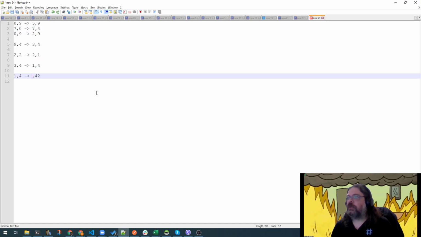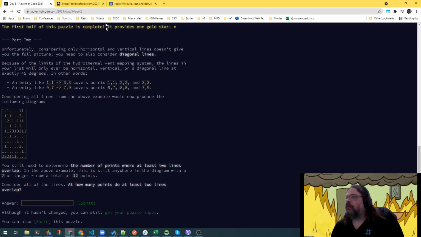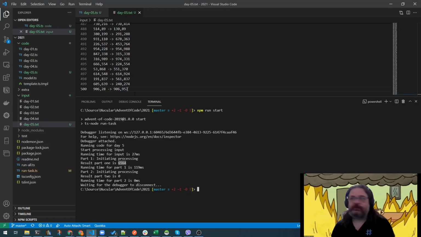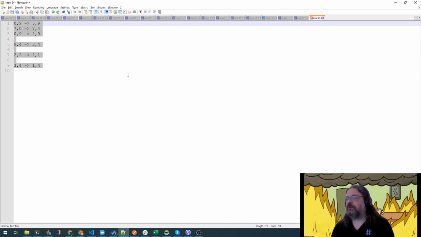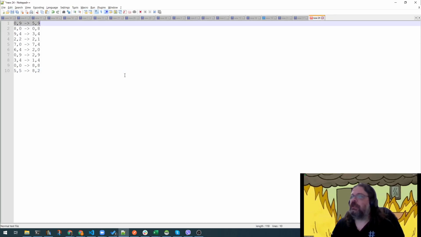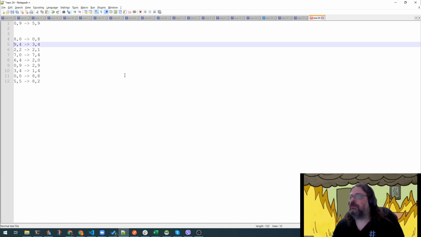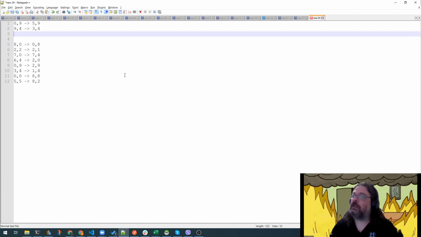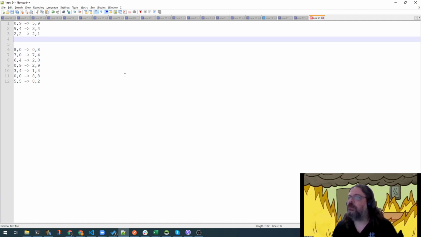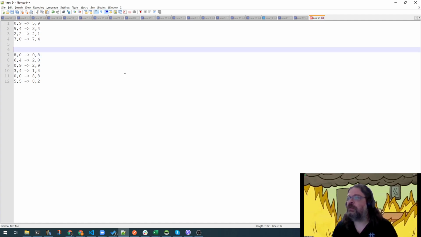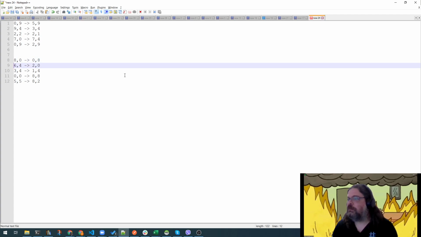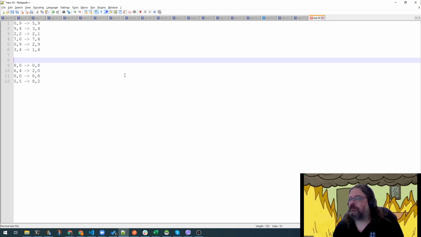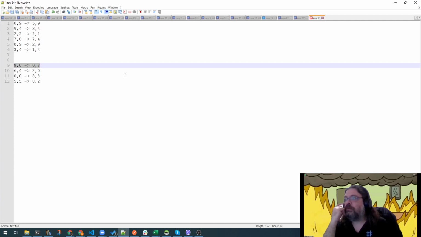So let's go back to all the lines. Actually, I will paste them again. These are the 10 lines. And let's see. This one, well, we need to run a diagonal check. That's what I'm worried about. This one is horizontal or vertical, horizontal or vertical, horizontal or vertical. And this one as well. So this line